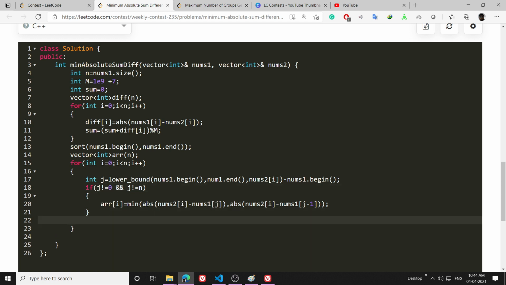I hope you are understanding it. It has a little bit of prerequisite. I understand you should know about lower bound, but it will be a very nice opportunity for you to study about lower bounds because they are super helpful.